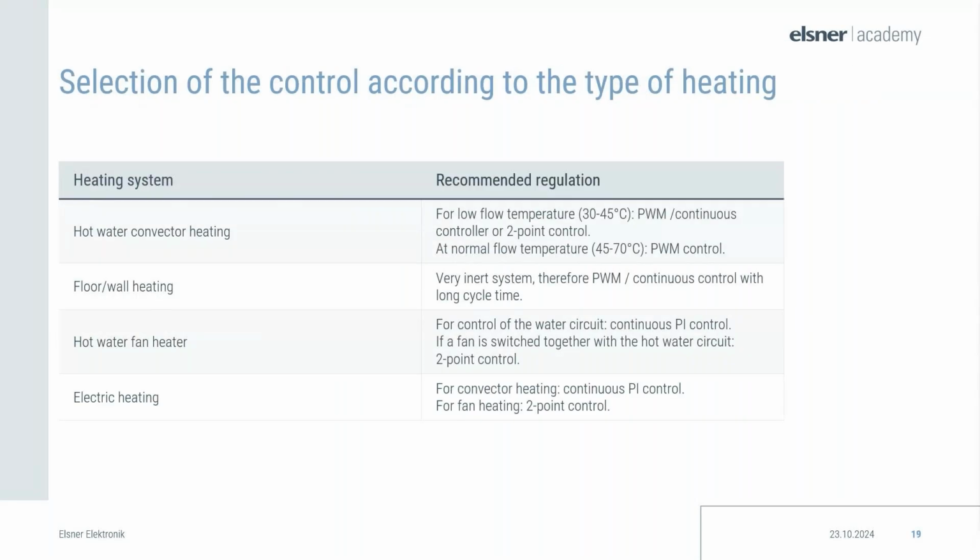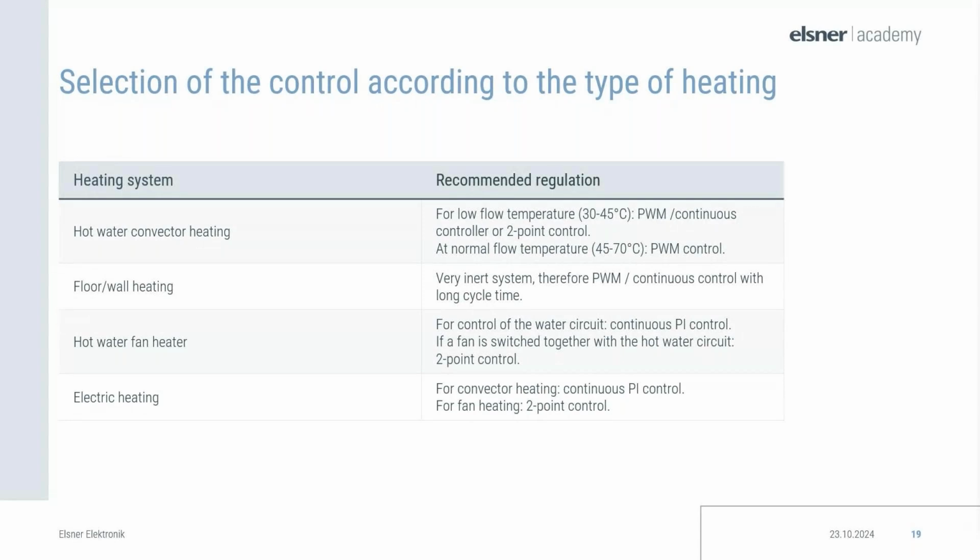When selecting the control according to the type of heating, there are different heating systems. For example, the hot water convector heating, where you have a low flow temperature, it's good to use the continuous controller or the two-point control. For the floor or wall heating, it's a very slow system, so therefore also the continuous control with a long